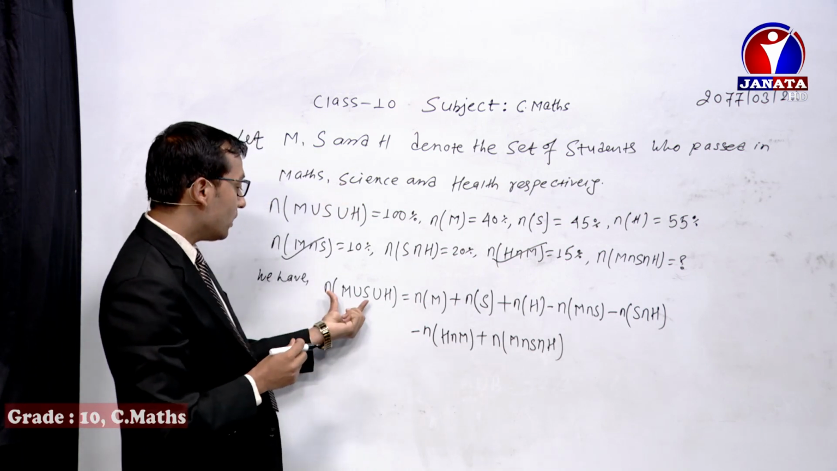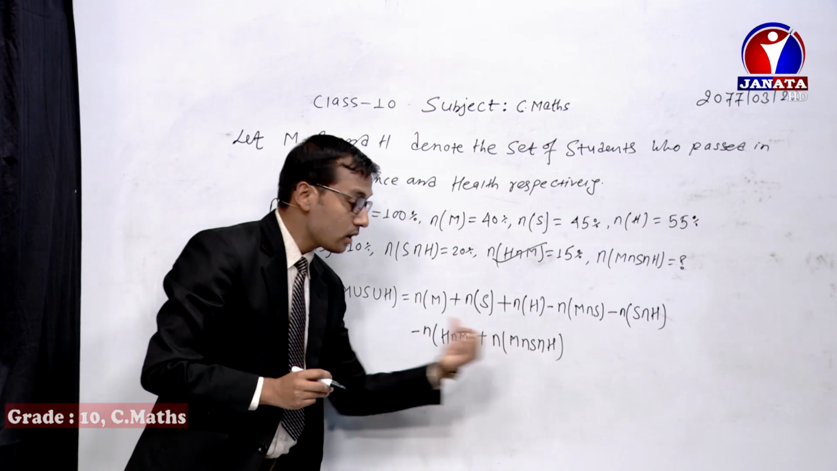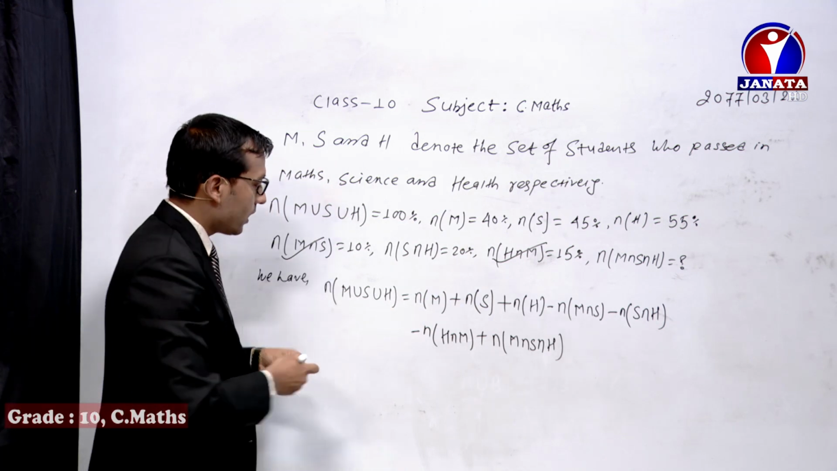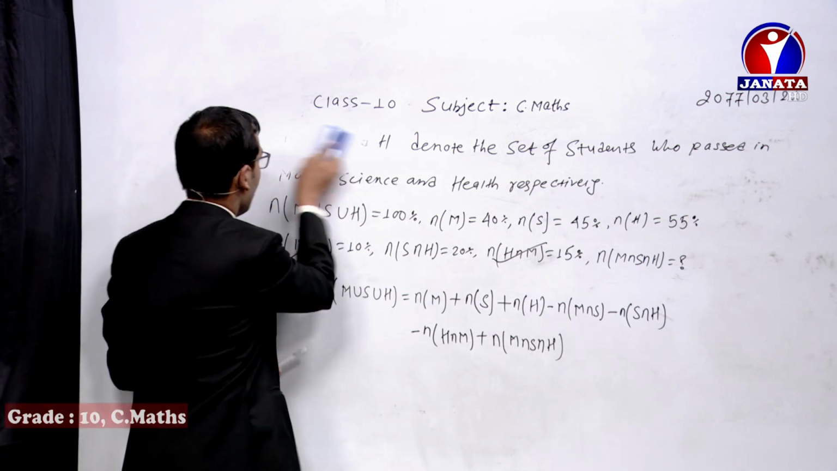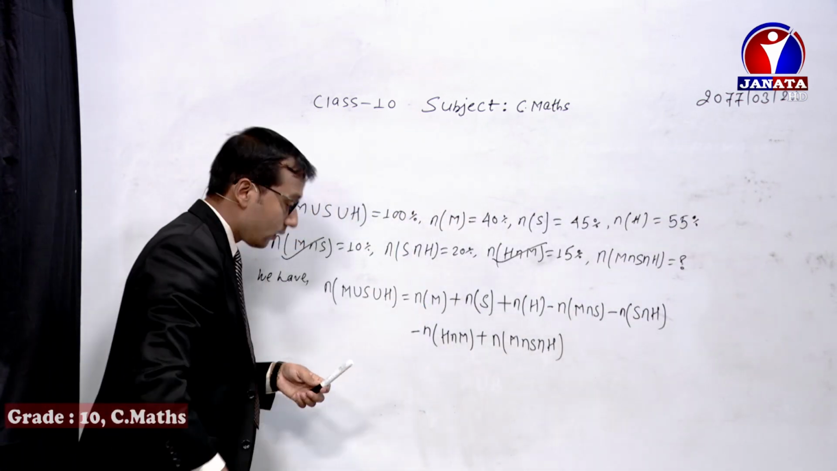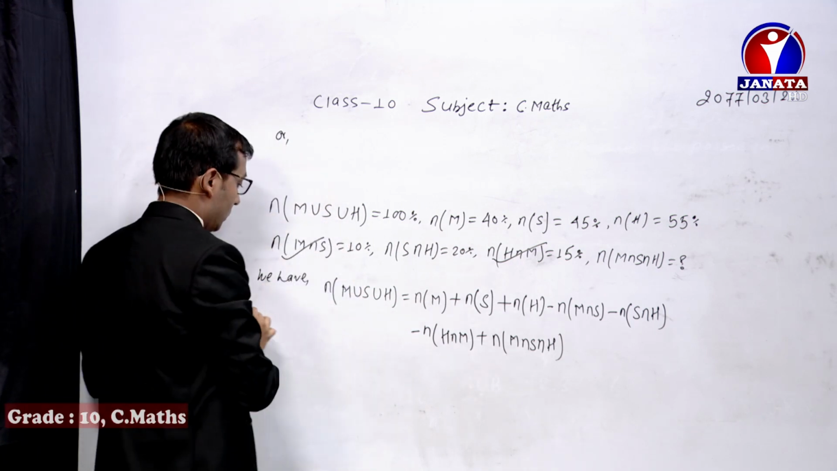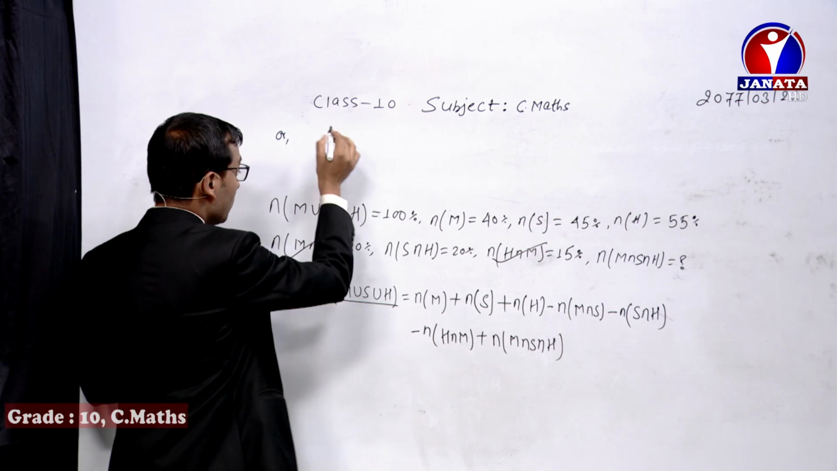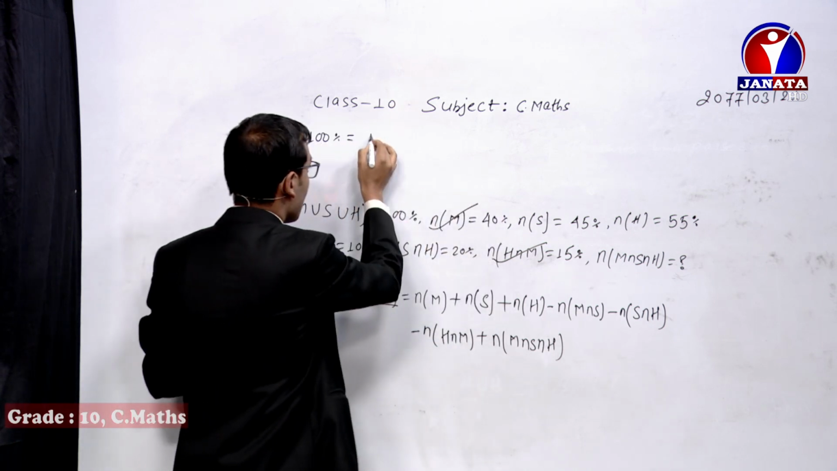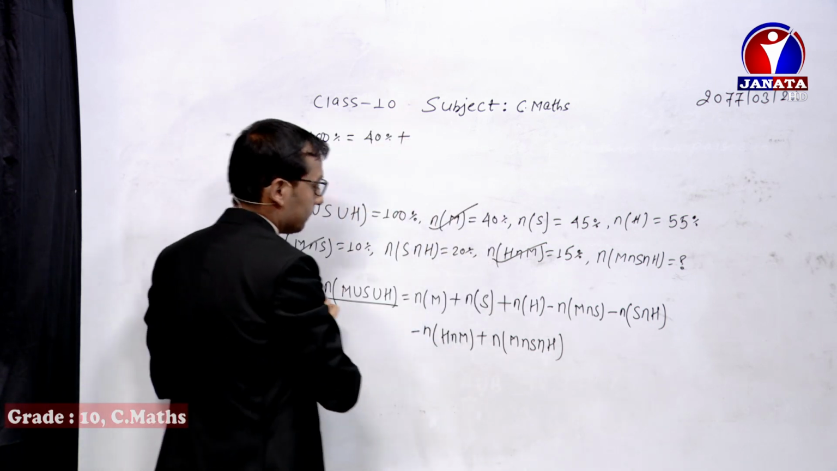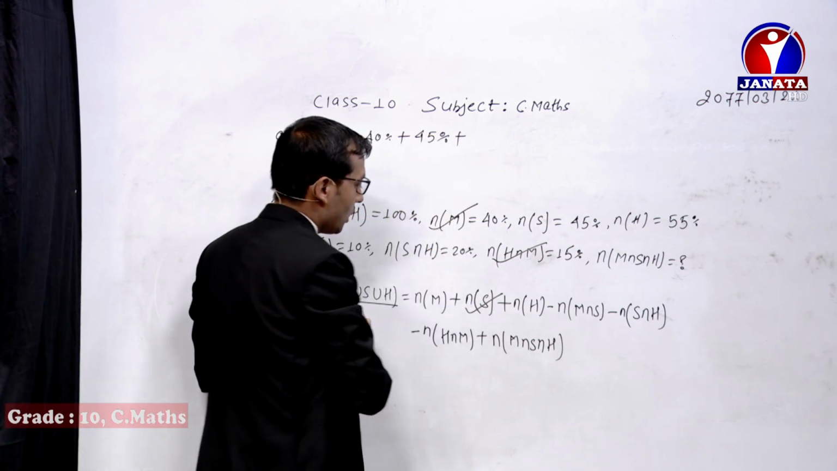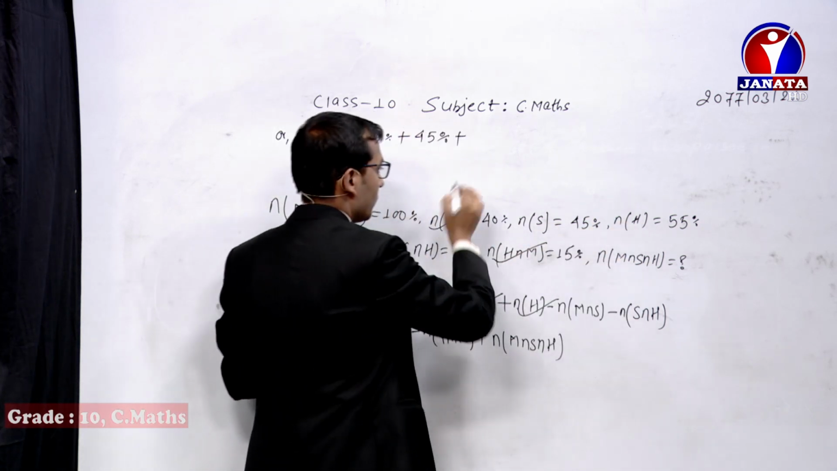Like we also can find the union of 3 sets, intersection of 3 sets, or any term that is represented by a set notation. Let's put the values. Let me erase this, and I'm going to write on the top. What is the union? It's 100%. N of M is 40%, plus what is N of S? 45%, plus what is N of H? 55%,